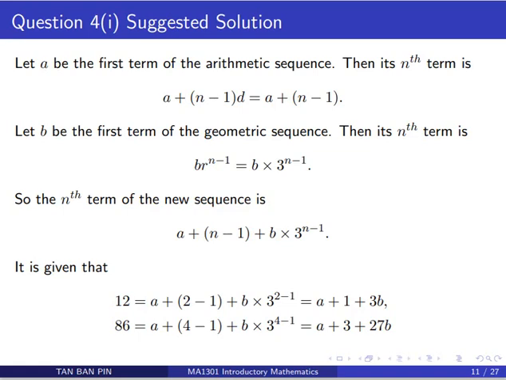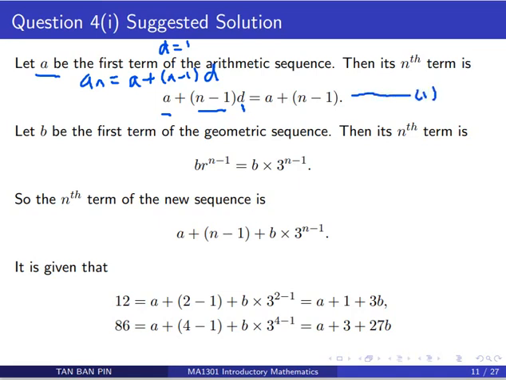So this question involves two sequences, AP and GP. I let a be the first term of the AP. And remember, an is a plus n minus 1 d. The question gives you d is 1, so a plus n minus 1 d, with d as 1, will be the general term of the AP. So it's a plus n minus 1. We keep this in mind.